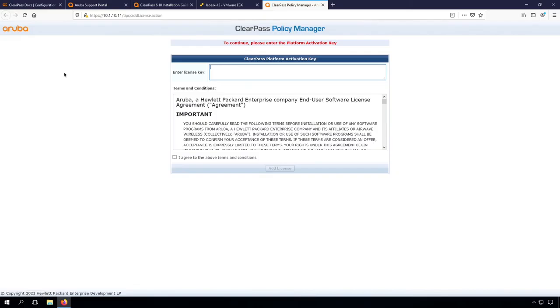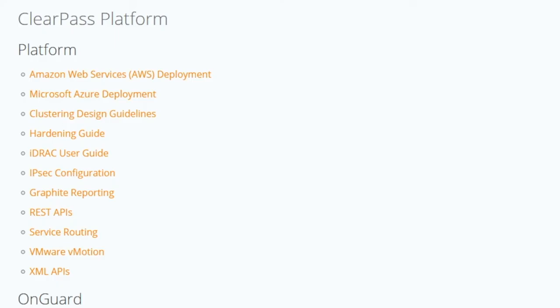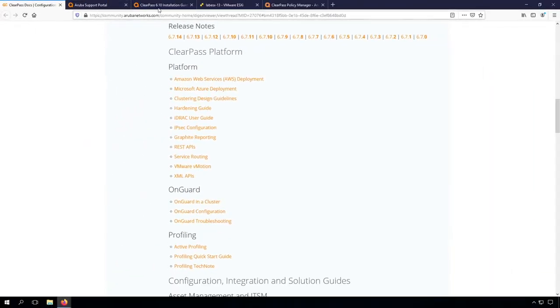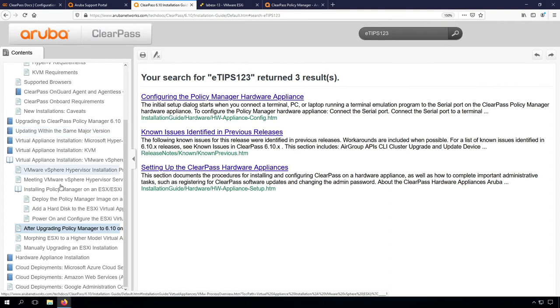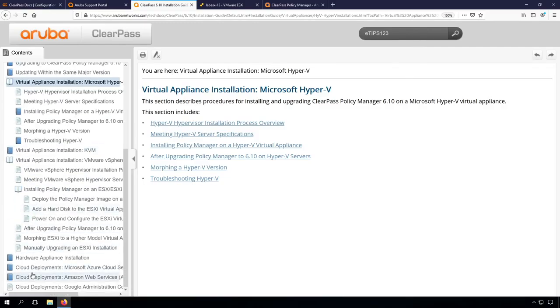By the way, we did install ClearPass at this point on ESXi. You can see in the ClearPass doc page that there are also instructions on how to deploy it on Amazon Web Services, AWS, or on Microsoft Azure, so you can run it in the cloud as well. As well here in the installation guide, you can see there are also guides for Microsoft Hyper-V or KVM, other hypervisor platforms, or for the Microsoft Azure or AWS deployment of ClearPass Policy Manager. So you are free to deploy it